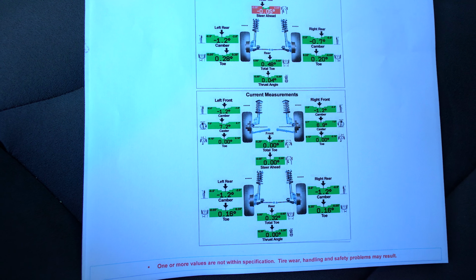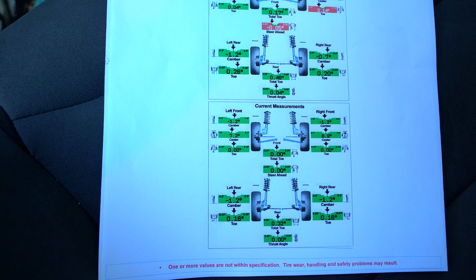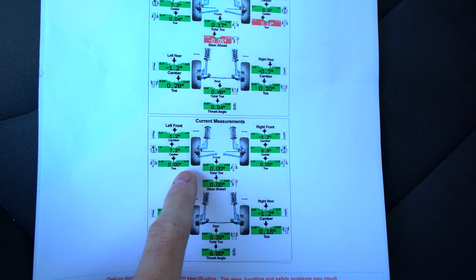Think of it like this. For every 1/16 of an inch on a toe setting, the tire is going to want to move in that direction 150 feet per mile. That's a lot. So what I decided to do was go with 0, because at 80 miles an hour down the highway,